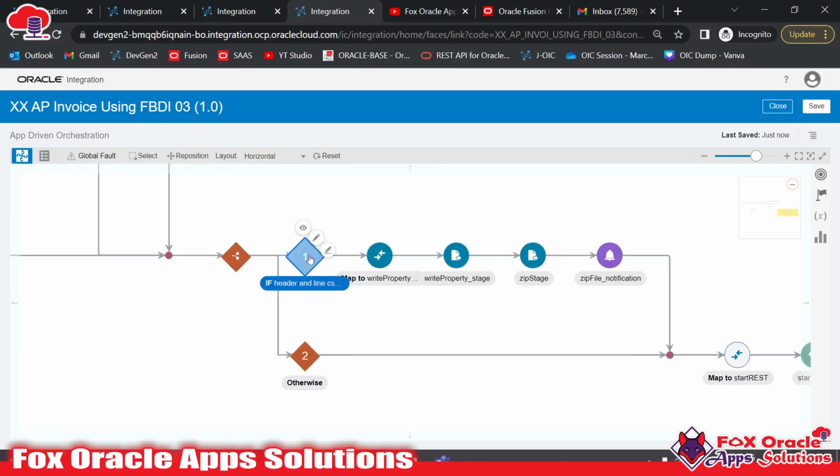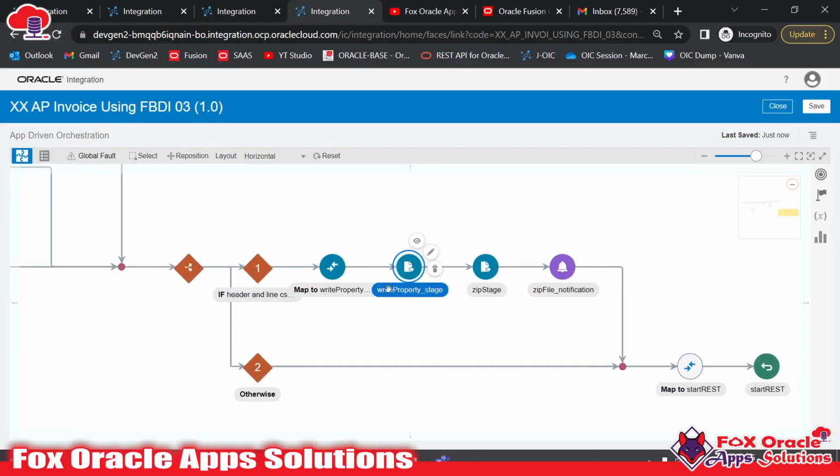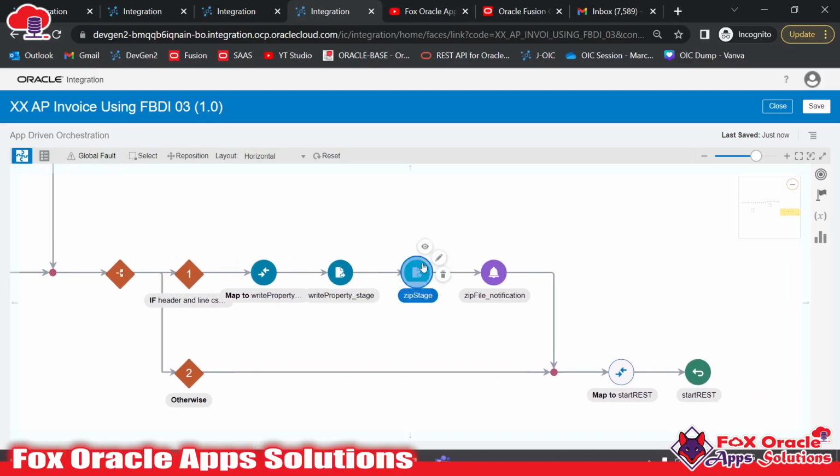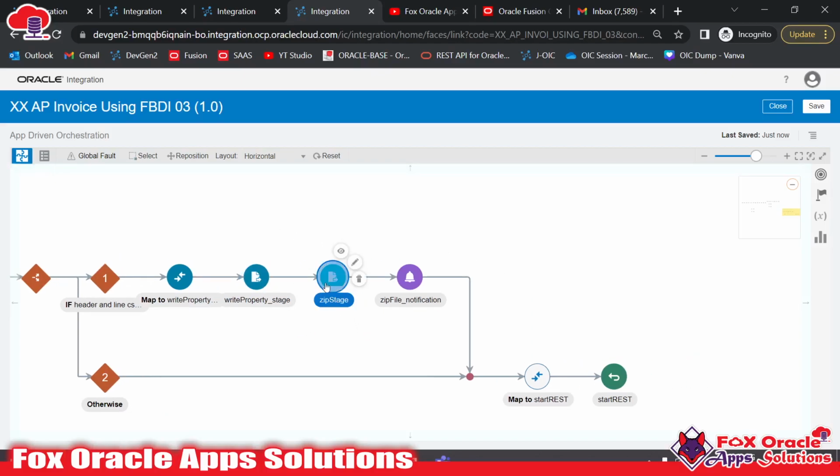And after it is created successfully, we created the properties file and added the stage zip operation so that we can make a zip of the property file and the header and line CSV file. So here in this step we successfully created the zip file. Now it's time to upload the zip file over in ERP Cloud bulk upload with the help of the ERP Cloud